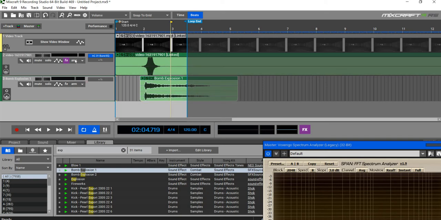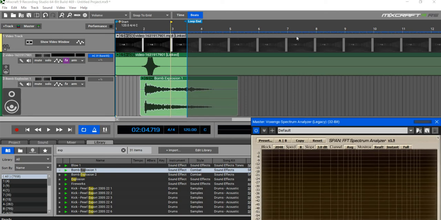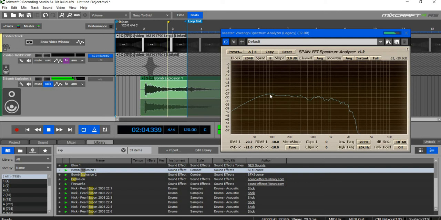So I'm going to put this on standard volume, which is 0. That one's on 0, so the volume of both of them is the same. You can actually see straight away that there is space in the volume, so it's certainly not going to go into the red. And this is an actual explosion, so I'm going to solo that. Back to the beginning, and you'll see how far it jumps out. In fact, what I'll do, I'll put it on average, so it'll record the average. We're up to about 27.